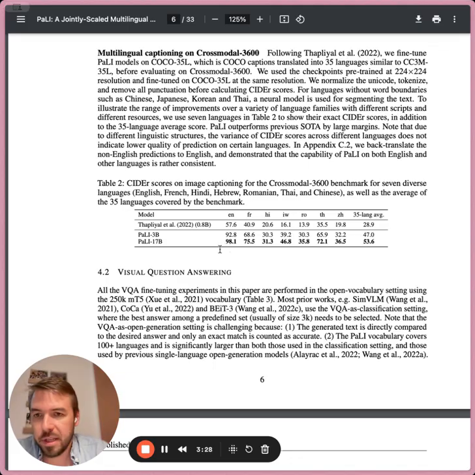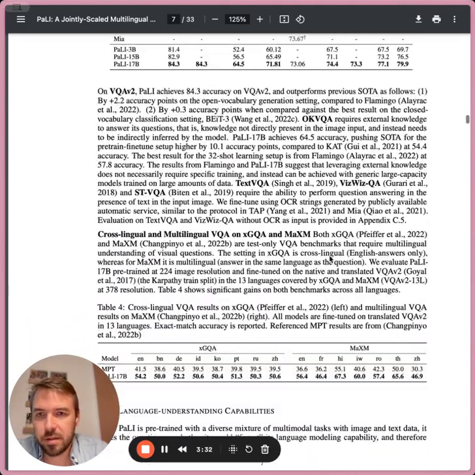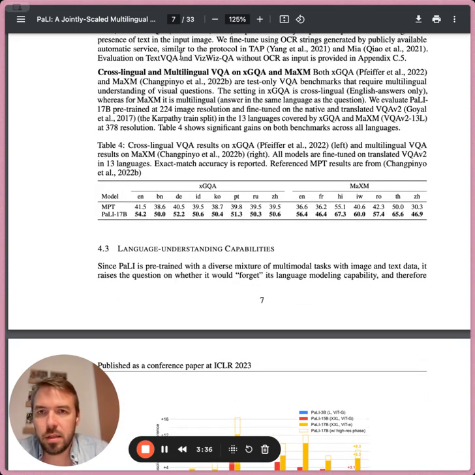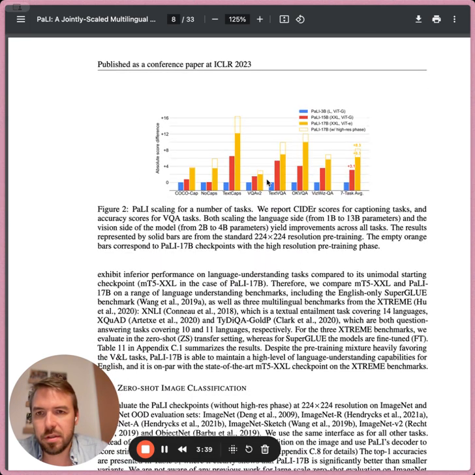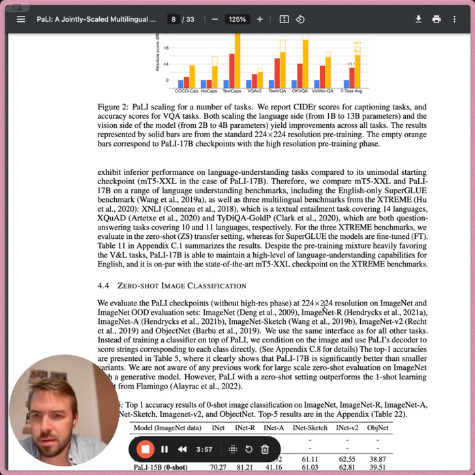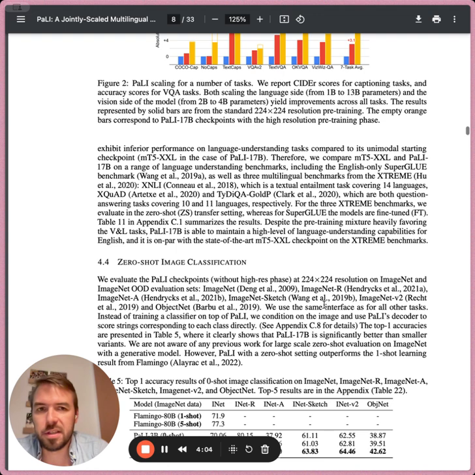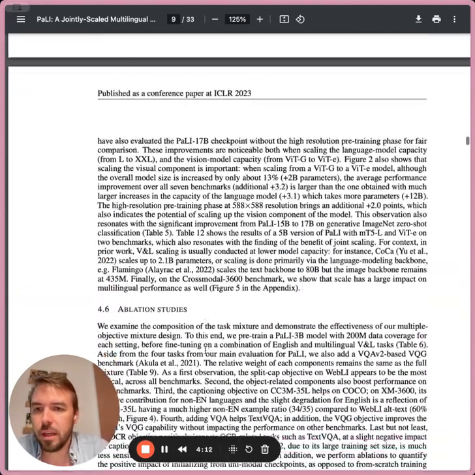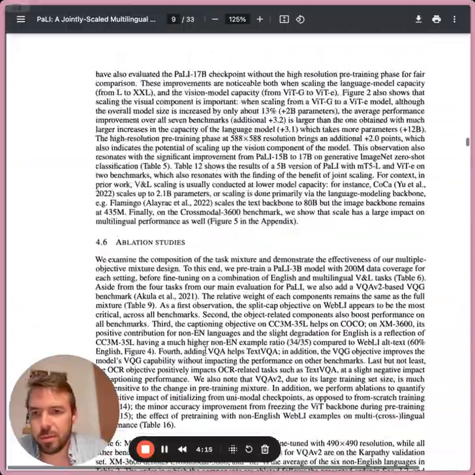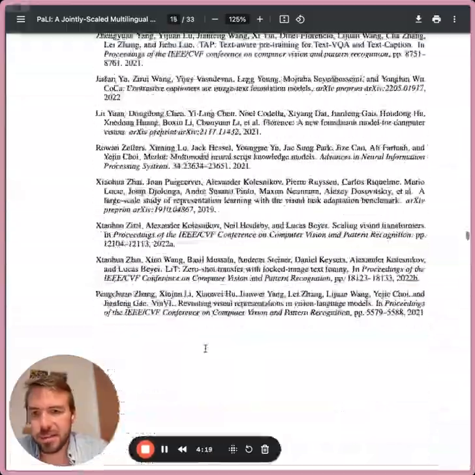You can see that again, the big PaLI model is doing well on question answering, same story, and multilingual question answering and so on. And here you can see that on different tasks, different models perform, like the more you scale up, the better your performance is. And they also have some final fine tuning with high resolution. So I think by default, the images are 224 by 224, and they also train by, I think, 500 pixels square as a final fine tuning step. And it also gives a boost in performance, which is another hint that putting more computation into this will get better results. Image classification, and then they do ablation studies, and they have a long list of appendices